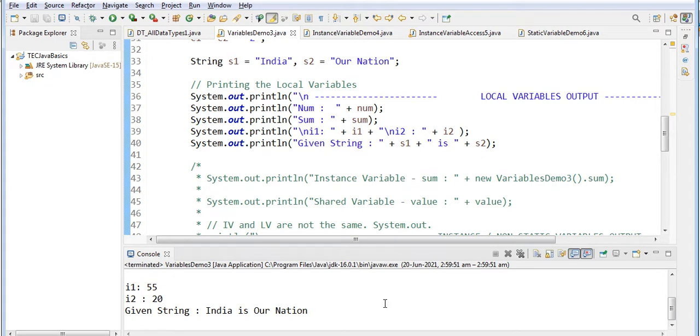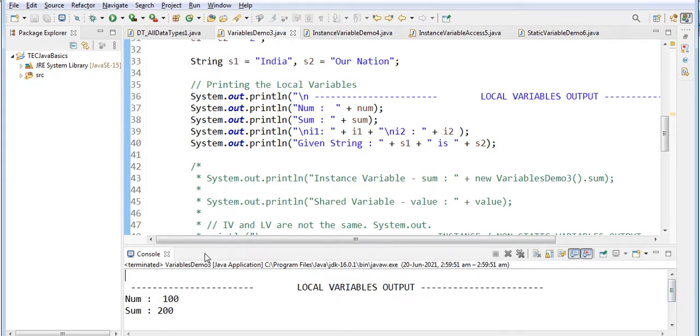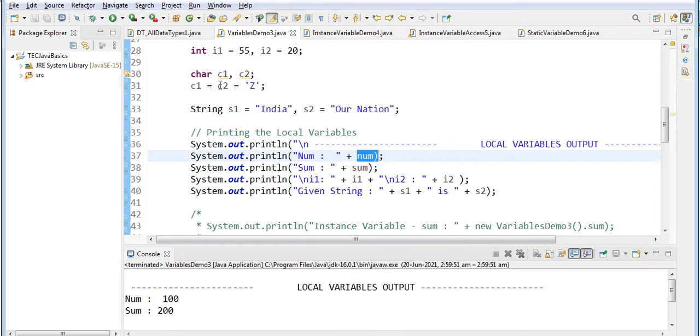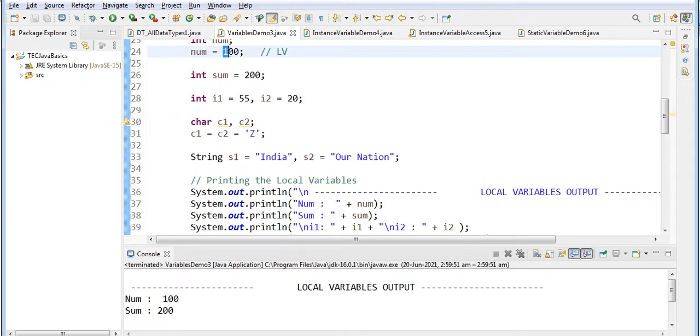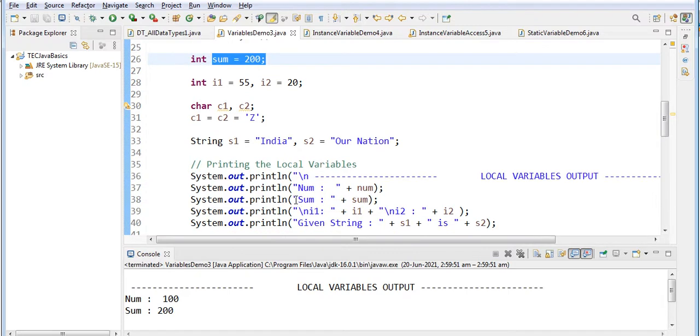See, first one, num equal to 100. Whatever the value for num, this 100 is printed. Next one, sum is nothing but 200, isn't it? So sum is 200 is printed.